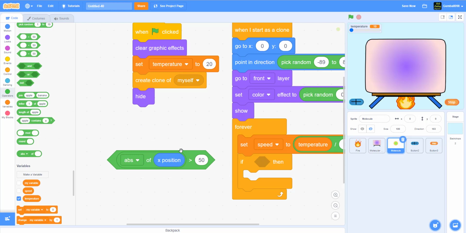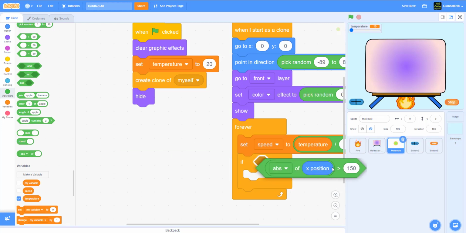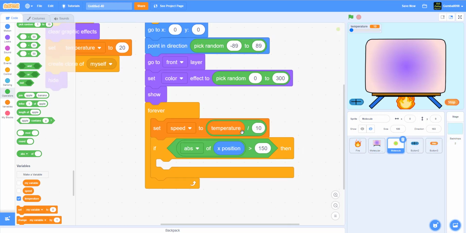So abs of X position is greater than 150. So put that in. So the reason why you need 150 is because it actually varies of how big your box is. So if your box was bigger, that means you need maybe a larger number, or a smaller number if your box was smaller. And the reason of this is because if you use a line and you put it,